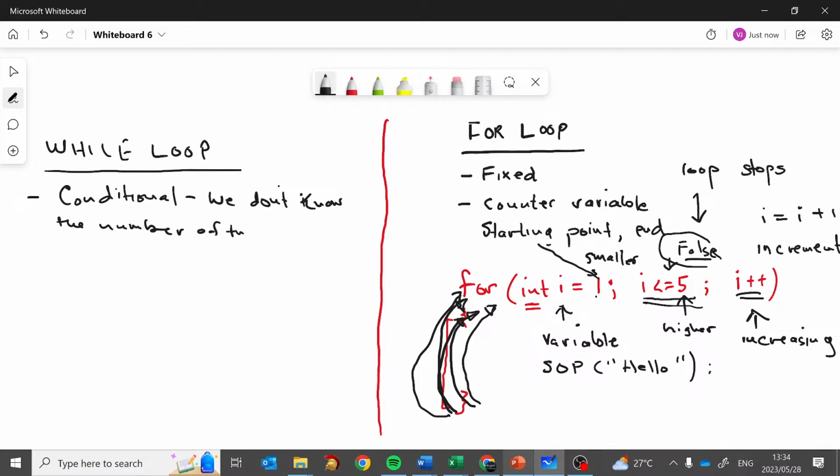Okay, I could give you a possible example, and the example I could give you here is if